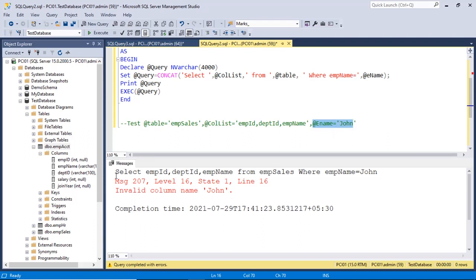Why? If we check the actual query: select emp department, emp name where emp name equal to John. So this is a literal value, and this should be enclosed in single quotes. Okay, how to do that one?